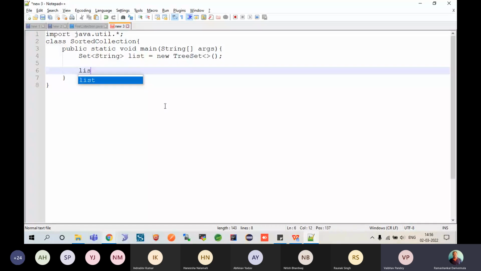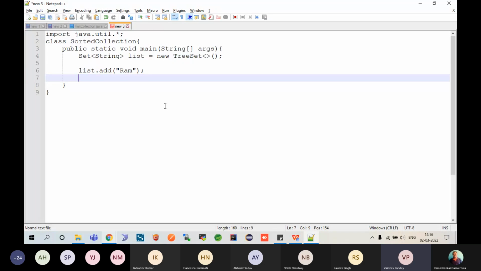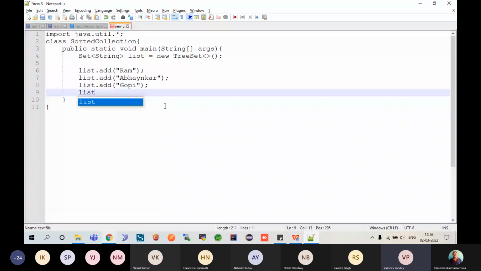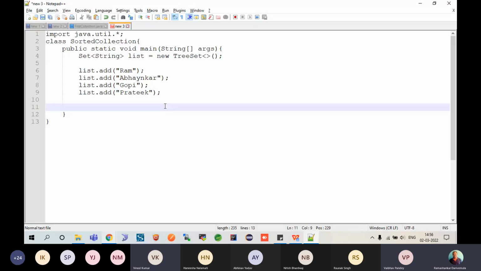And then here I'm saying list.add the element, let's say, Ram. Like this I have some four names, and as you can see they are all of